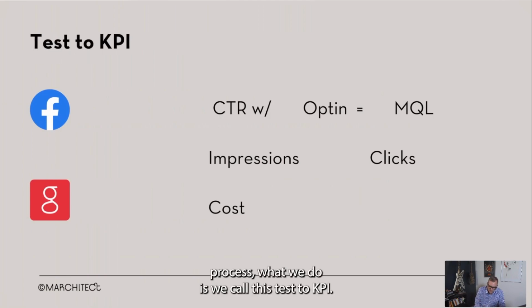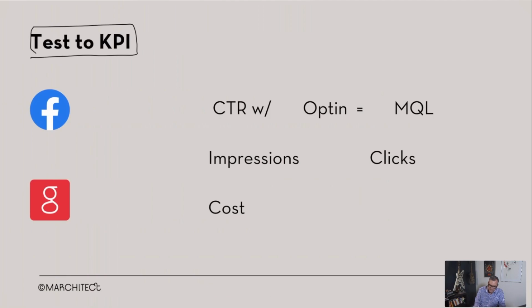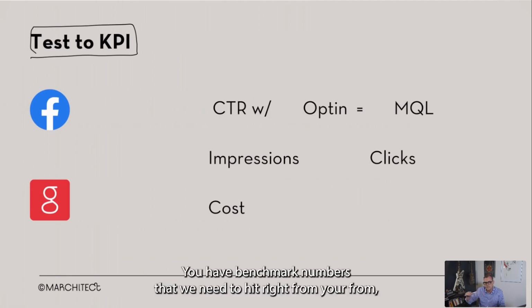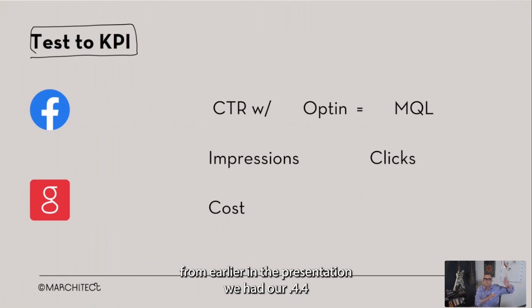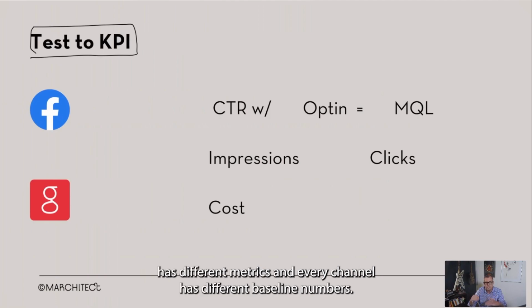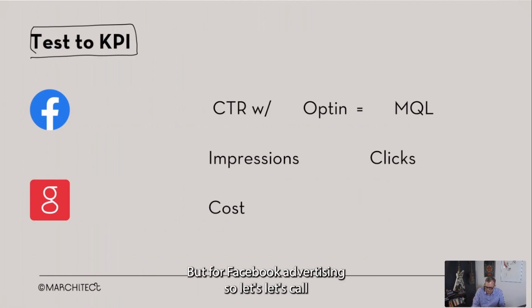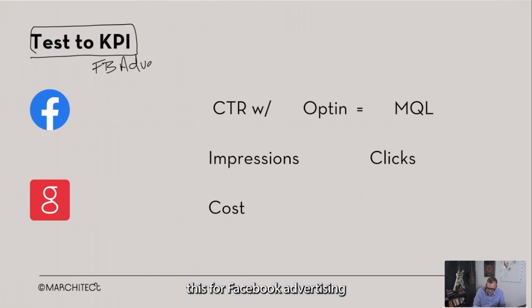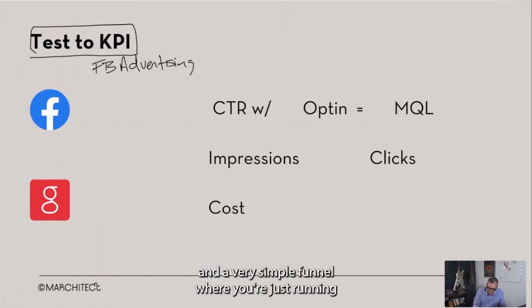what we do is we call this test to KPI. You have benchmark numbers that we need to hit, right? From earlier in the presentation, we had our 0.4, 0.4, and 0.2, right? From lead to sale. Well, in your advertising now, down a level, we look at every channel has different metrics and every channel has different baseline numbers. But for Facebook advertising, so let's call this for Facebook advertising, and a very simple funnel where